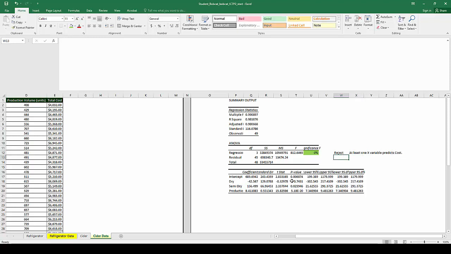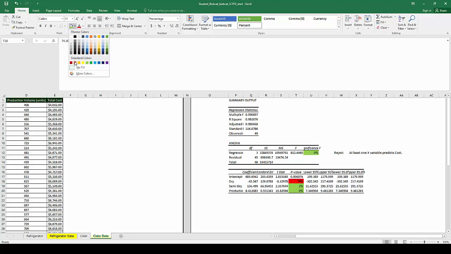So now we're going to go down and do the individual tests to see which ones predict and which, if any, do not. And again, disregard the test for the intercept. We don't do significance testing for the intercept. So the method that we use to remove non-significant variables, I guess first we can go through and say which one's significant and which one's not. Any ones that are less than 5% are significant. So these semi-dry and production volume, these 2 are significant, and then dry is greater than alpha, so that is